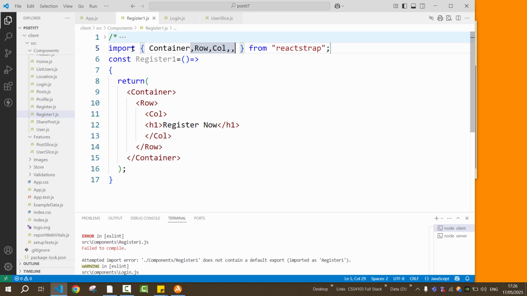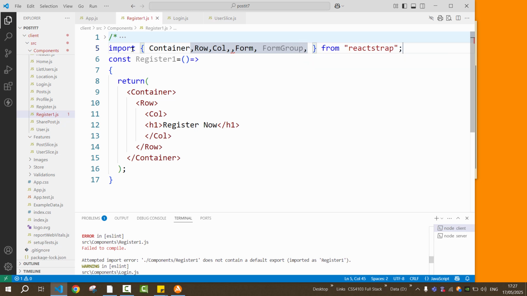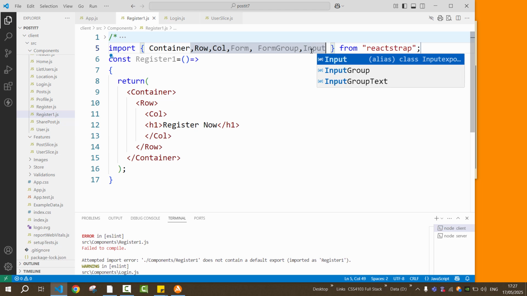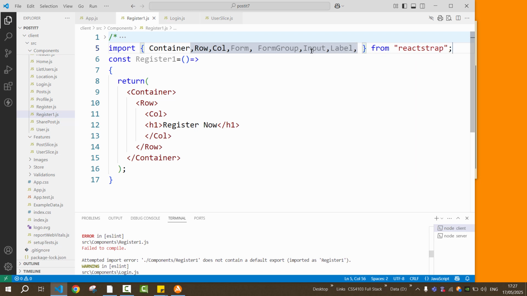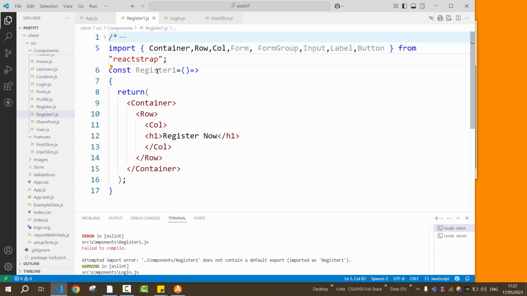So row, column, then I will need a form. So again, form, F capital, and form group. So this we can use to group some form elements. I will try to group the controls and the labels, and we will have input controls, and we will have label, and we will have the button which we will use as submit button, right? So I've imported this and I have used it here. I have just displayed the text